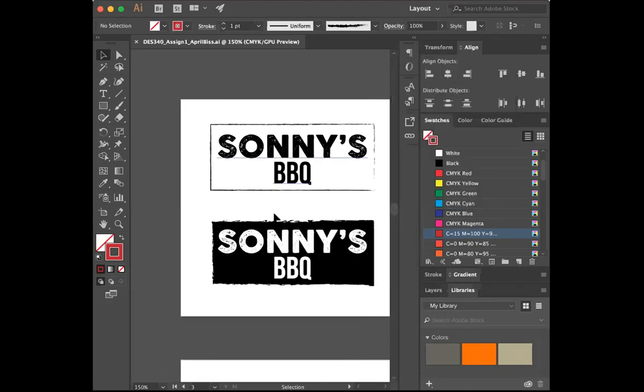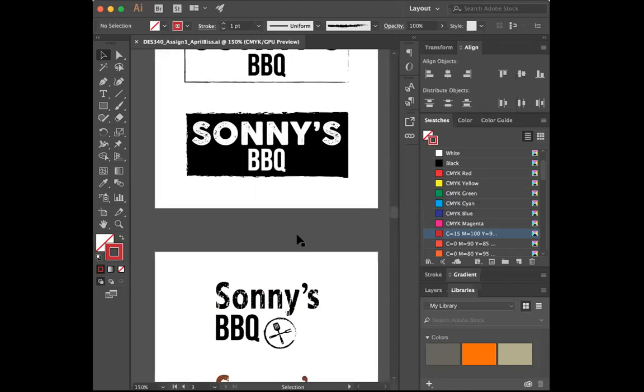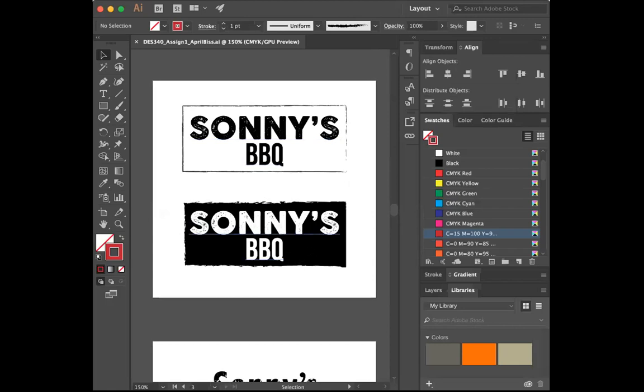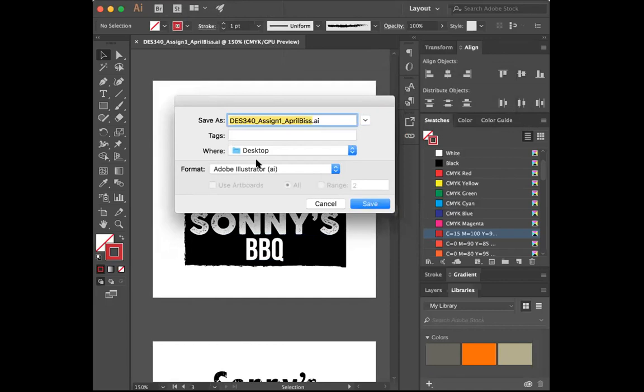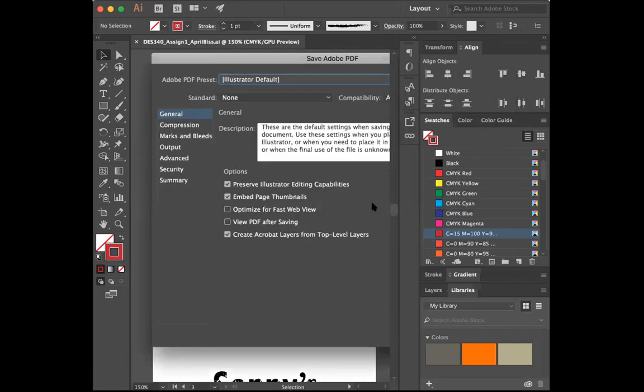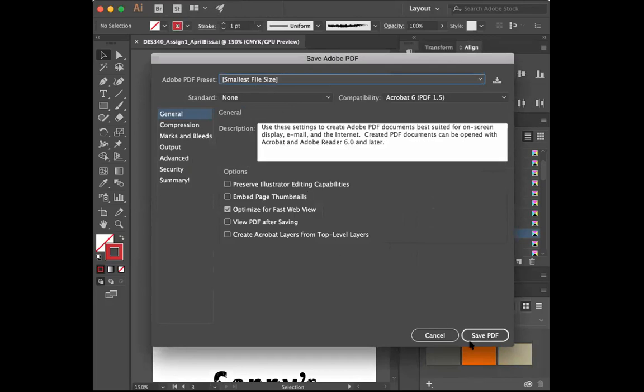Just make sure you have a black and white version and a colored variation. I do have one that's purely black and white for the final, and I also showed it with a dark black background, and that's fine too. Just make sure that you at least have 2 other color variations for concepts. Okay, I'm going to Save As, choose Adobe PDF and make sure All is checked. Then click Save, and you can choose the small file size PDF, which is fine.